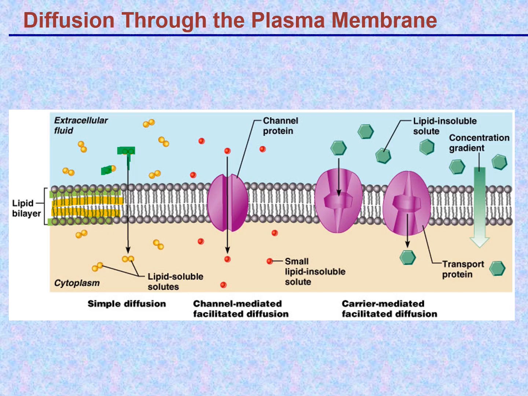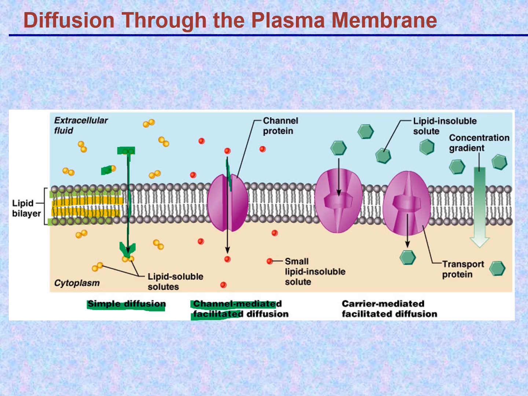They are typically lipid themselves, or there might be some molecule that is quite lipid-soluble. This is simple diffusion. Another is channel-mediated diffusion, and this is channel-mediated facilitated diffusion, where you have a channel that